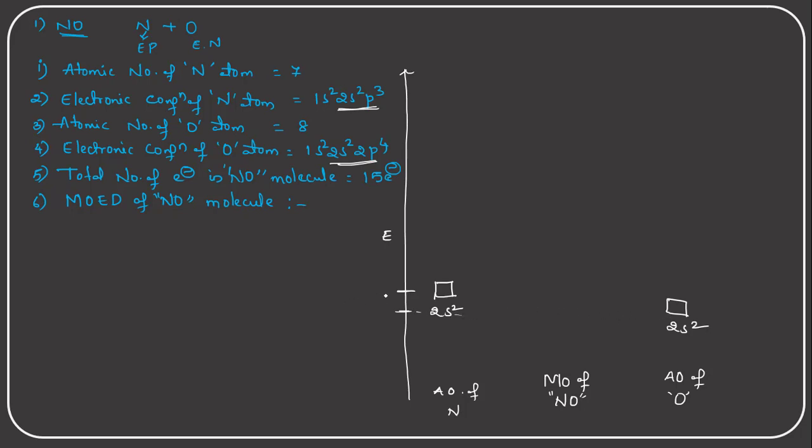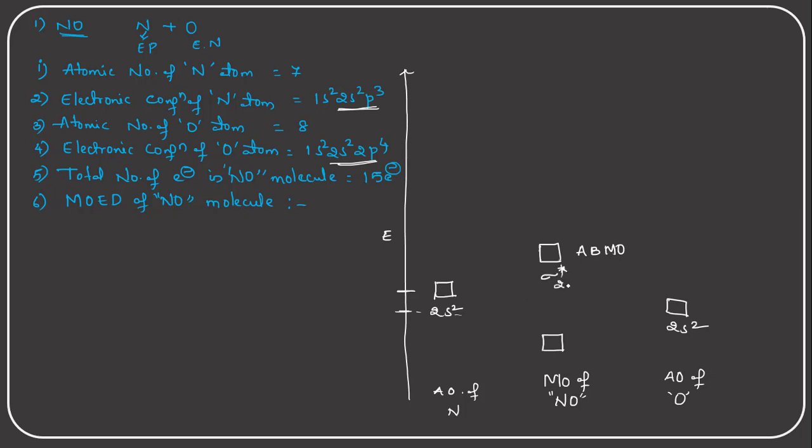Okay, so this will be the difference. There should not be a maximum difference also. Why? Because equivalent energy nearby means it should be a near one. So they merge together, forming a bonding molecular orbital and an anti-bonding molecular orbital, and the anti-bonding molecular orbital is represented with the sigma star, right?